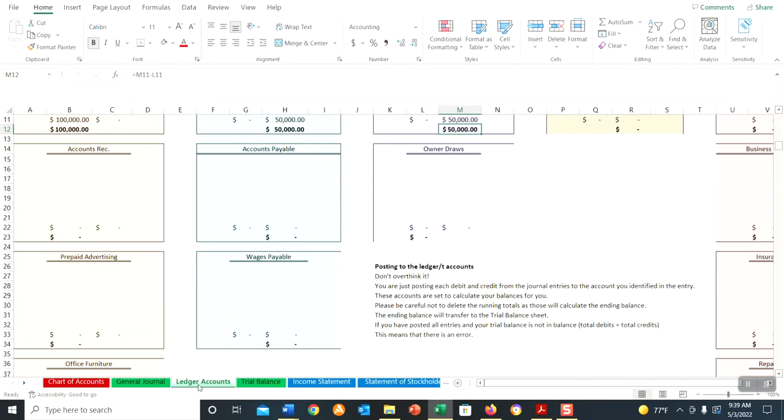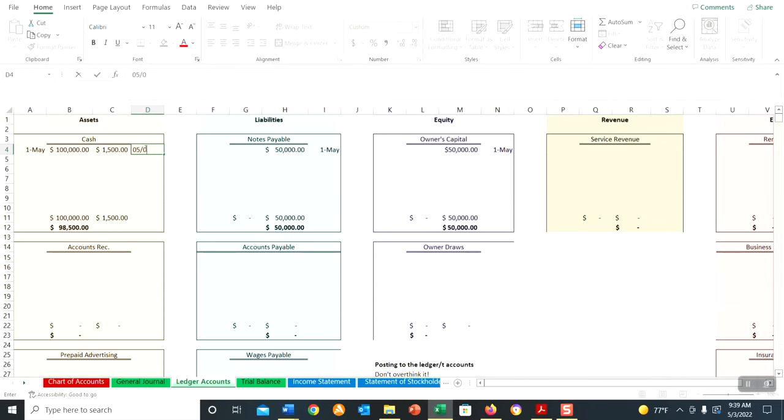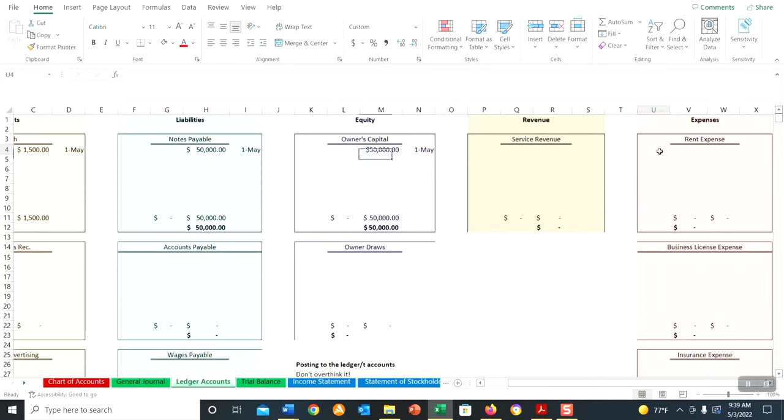So we want to transfer that data to our ledger accounts. And here you're going to notice how the debits and credits work together in these accounts. We had a $1,500 credit to cash on May 1st. So here you see that our total increases or debits to cash minus our decreases to cash is going to change that cash balance. So after this transaction, our cash balance went from a $100,000 debit balance to a $98,500 debit balance. And then find our rent expense account and show that debit to rent expense on May 1st to get our balance.